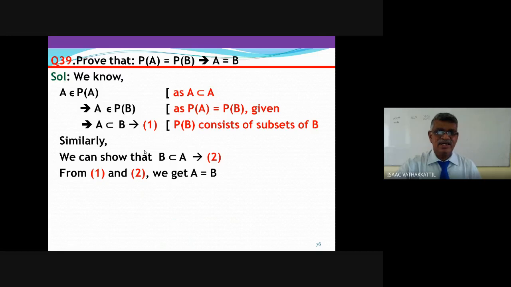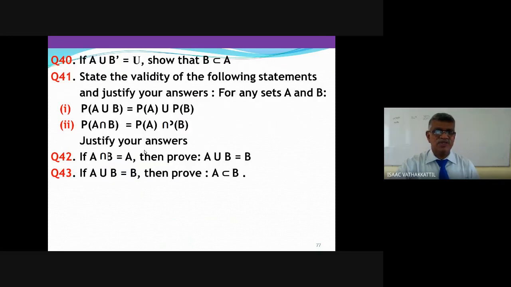Okay? Getting along? We have a few questions here in the same line. First one: we have done earlier, A intersection B dash is null set, you have to prove A subset B. It is an analogous question. A union B dash is universal set. Show that B is a subset of A. I am now testing your mind, how you can bring out the proof in the same line I have written earlier.